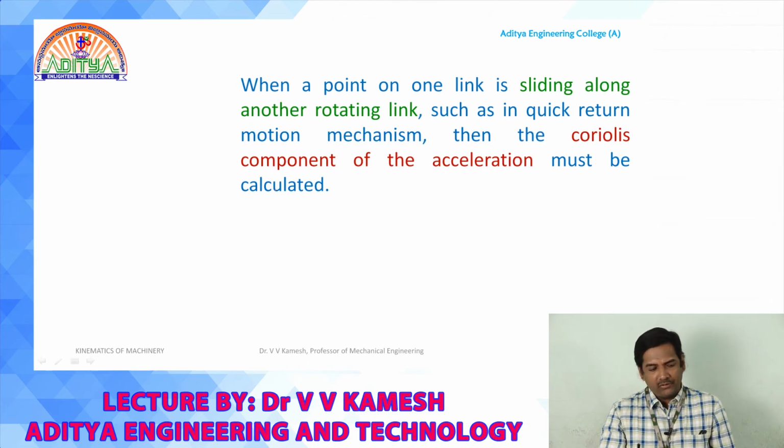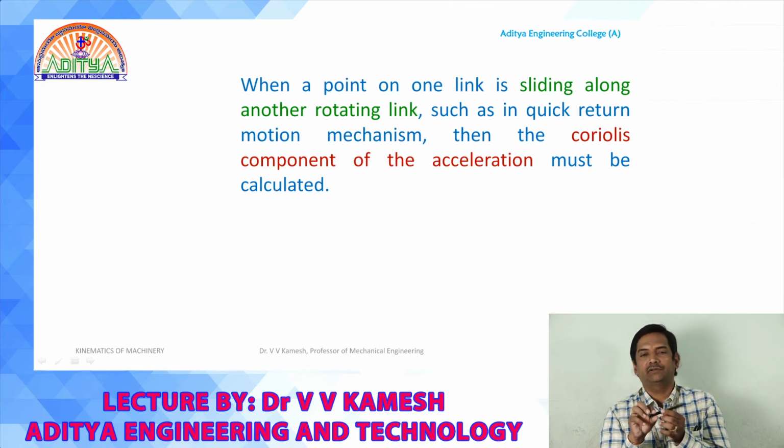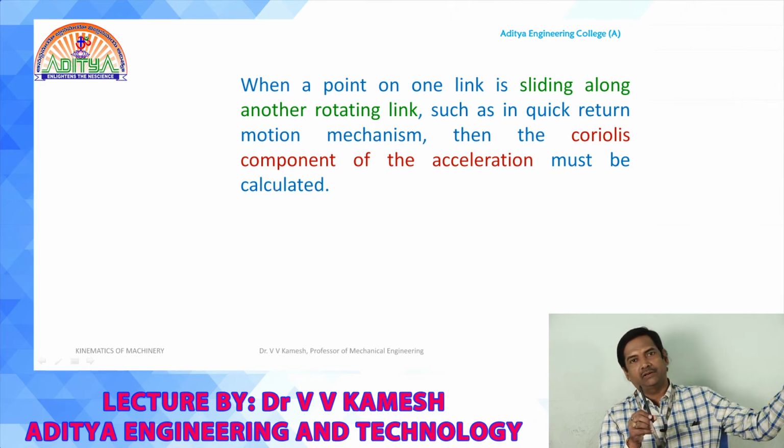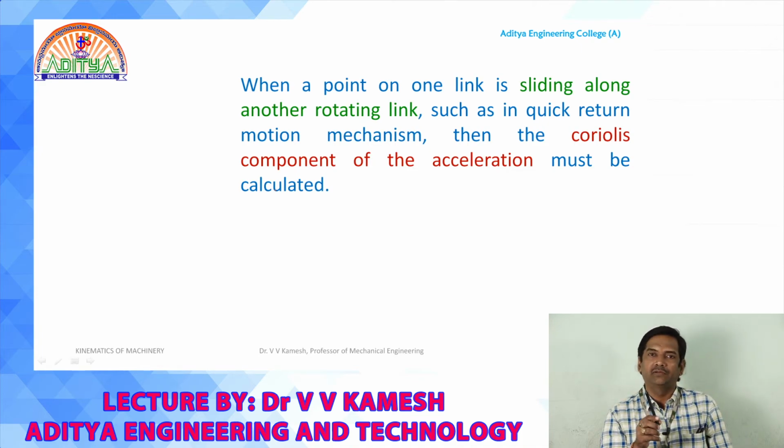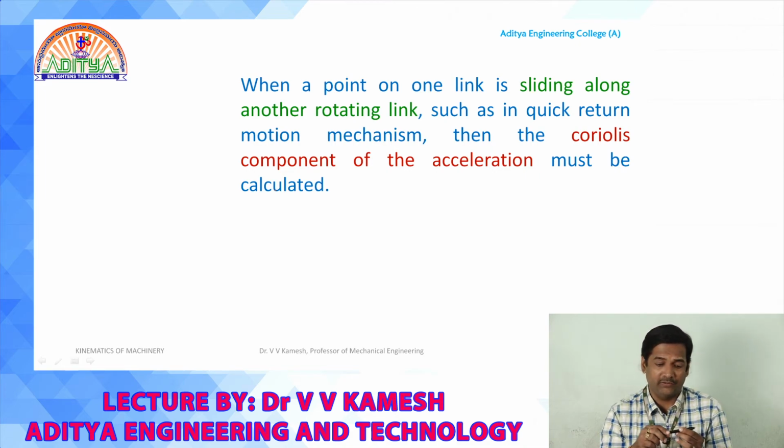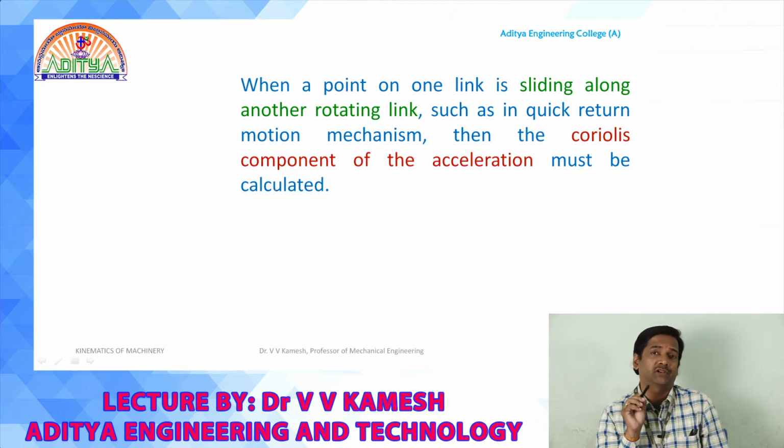In general, the link will be like this and the first link, the crank, is rotating like this. This crank rotation will be transferred by the connecting rod to other links by the linkage parameters. Now, for any of the rotating links, either with respect to the fixed link or a moving connecting rod, it has two components of acceleration earlier: the radial component of the acceleration and the tangential component of the acceleration.